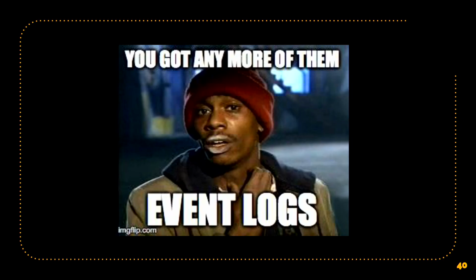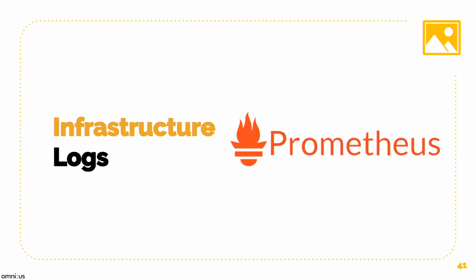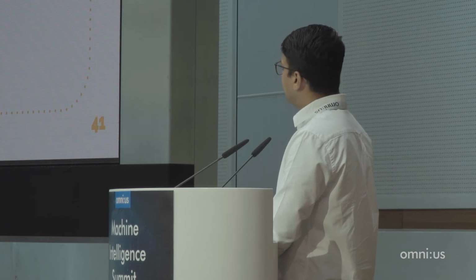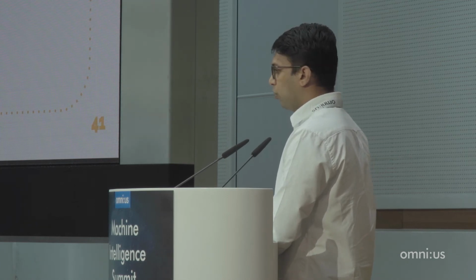Now, we have application logs, but we still don't know what's happening in our infrastructure. And yes, we have more event logs. And how we're managing event logs, especially with Kubernetes, is we're using this open source system called Prometheus. It came out of the open source work from SoundCloud. So SoundCloud was really managing a lot of clusters and microservices. When they took the decision to move to a microservice architecture, the biggest challenge that they had was monitoring hundreds and thousands of microservices.